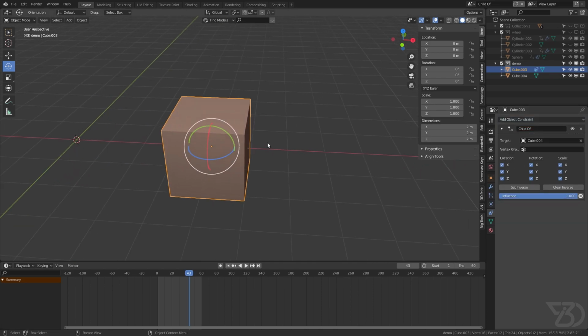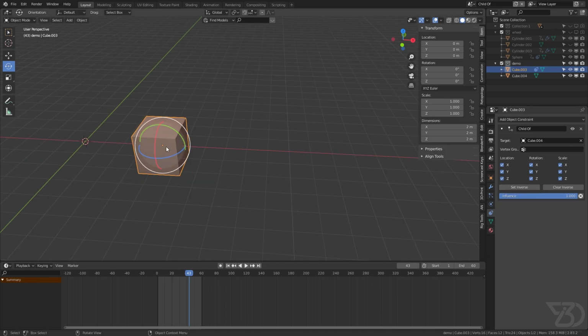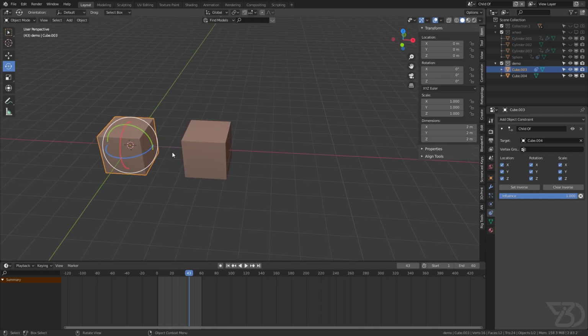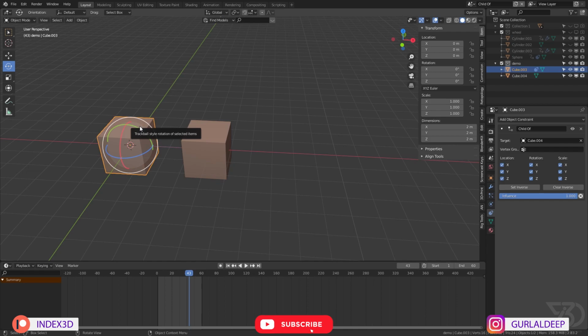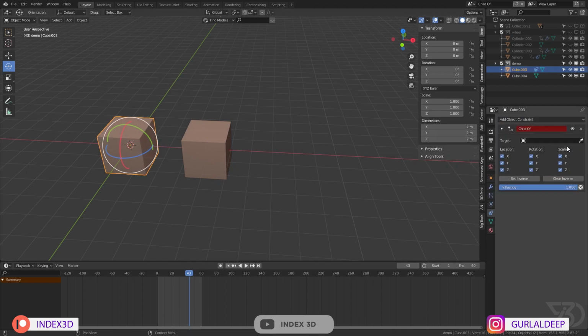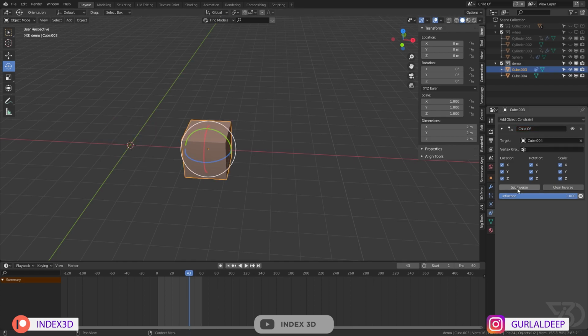And what we have extra is, like, now see, when I parent this to that one, it changed its location to over here. So I will have to select set inverse, and then it will move it back to where it was. This is why I don't like this child of constraint, because every time you parent it to something like that, you will have to click on set inverse.